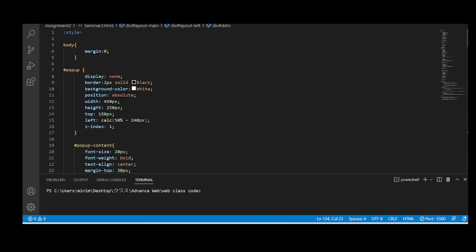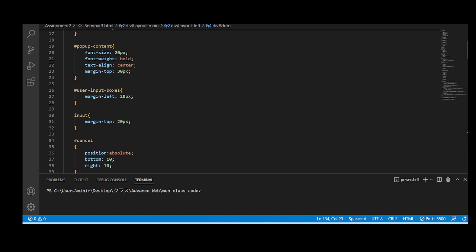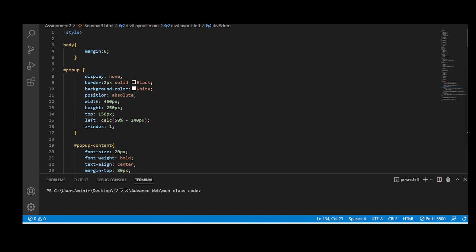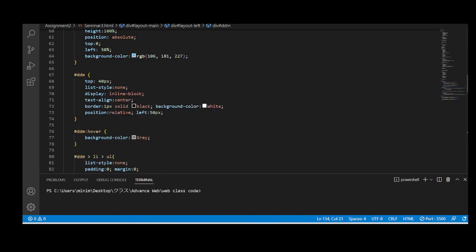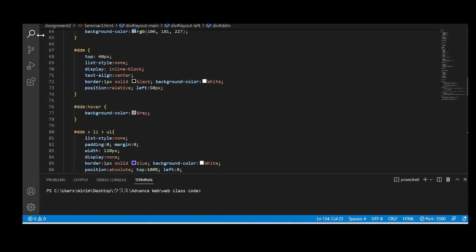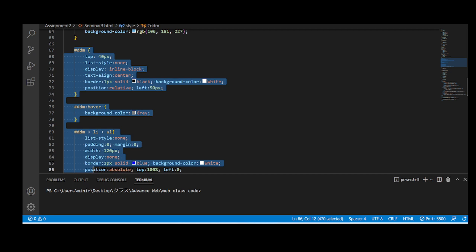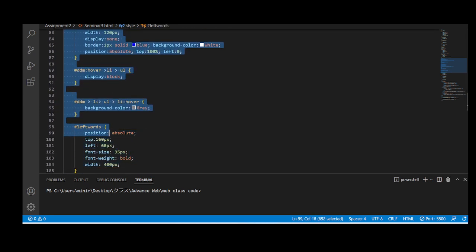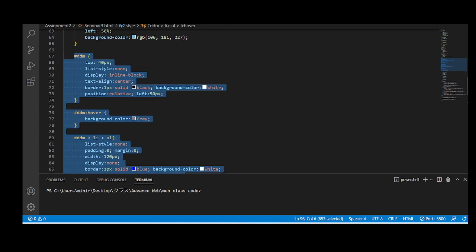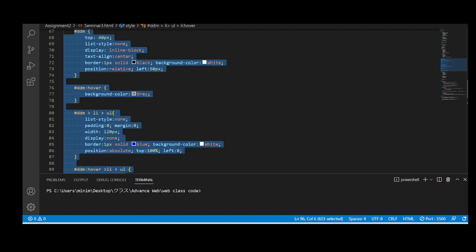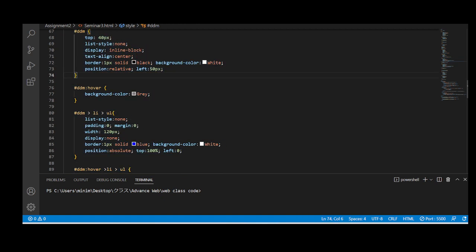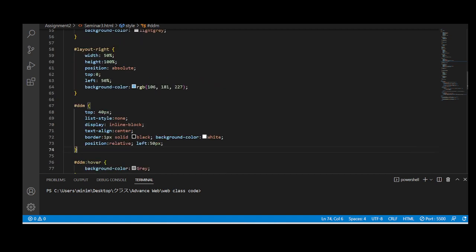So I made a menu icon image, and this is the section of the DDM. That's a lot. So what it's doing here is making